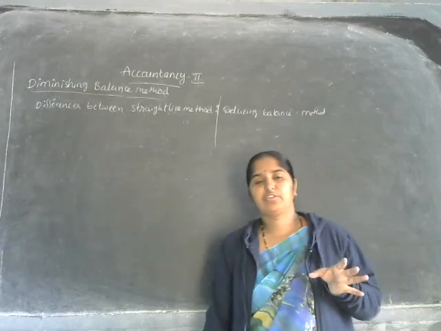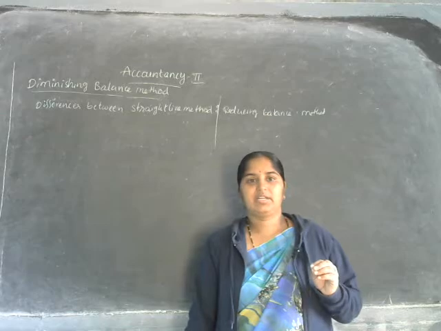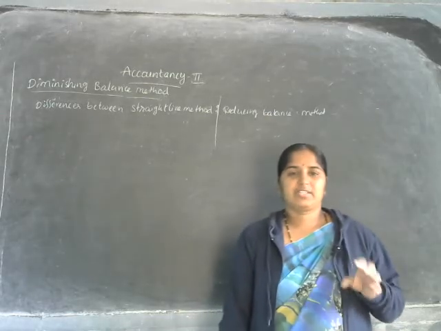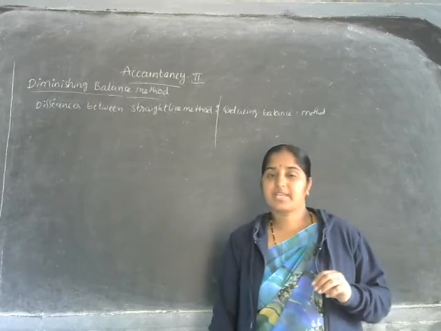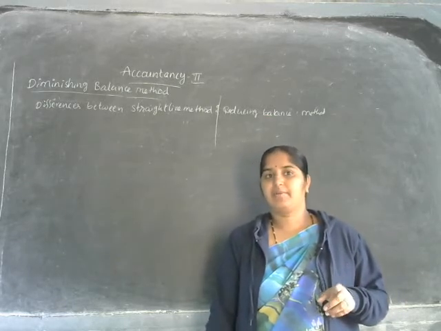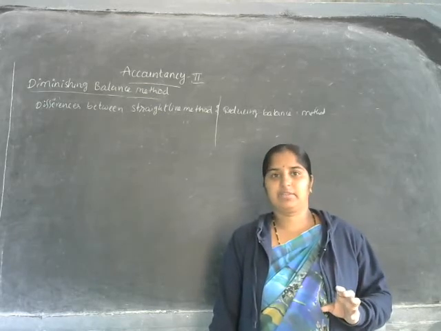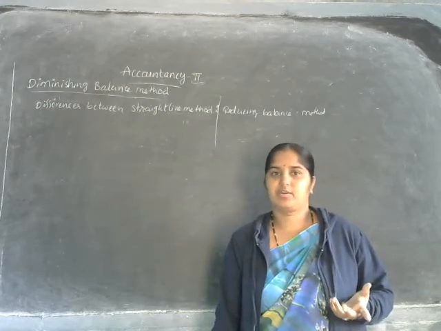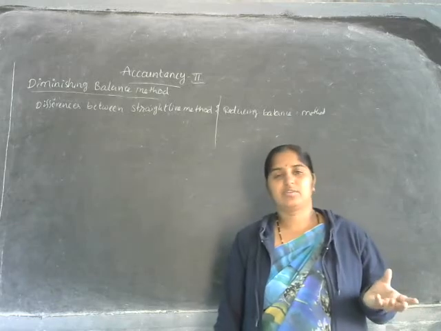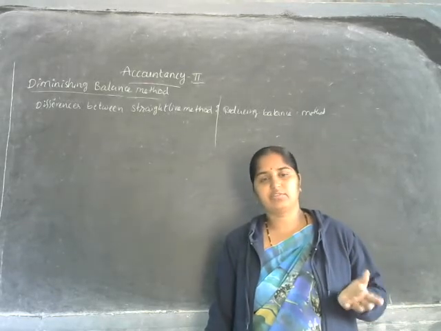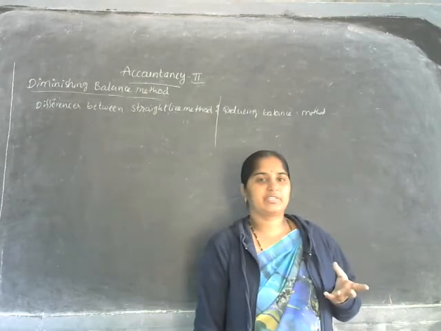The amount transferred to the profit and loss account stays the same. Not only in the first year, whatever the depreciation is, we have to transfer it to the profit and loss account every year. Depreciation is the same or equal in all the years in a straight line method. So whatever we transfer to the profit and loss account year after year is the same value. For example, if it is 2000 in the first year, it is 2000 in the second year and 2000 in the third year, because every year depreciation is the same in the straight line method.